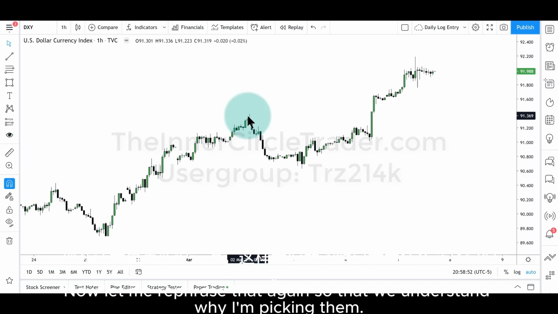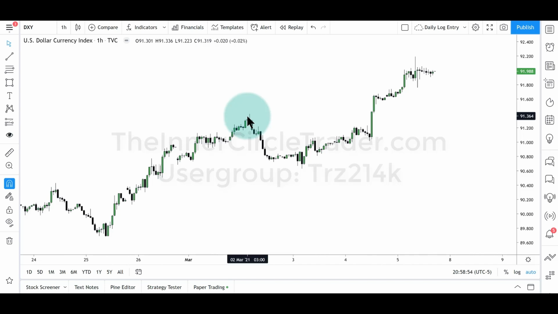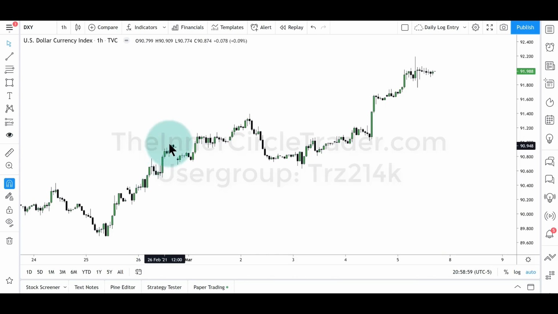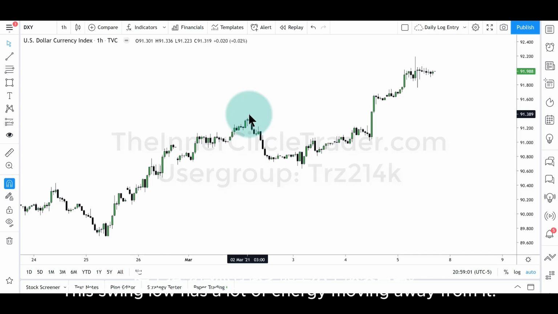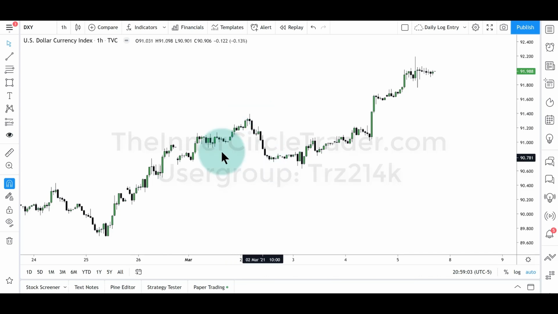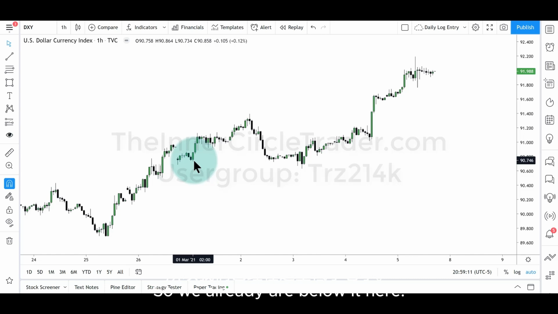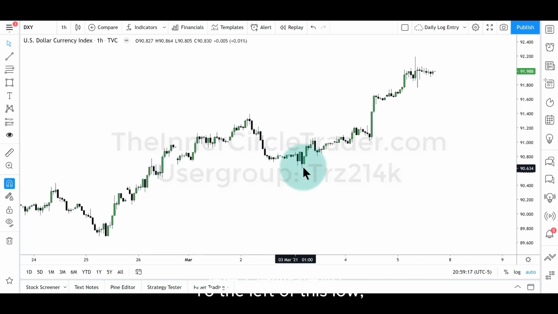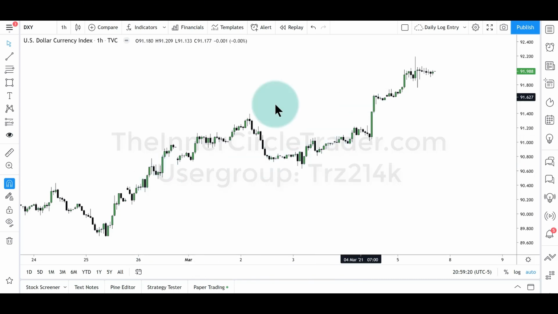Now let me rephrase that again so that we understand why I'm picking them. This swing low has a lot of energy moving away from it. This swing low has a lot of energy moving away from it. This one also, but we're not using this one because the low here went lower than that. So we already are below it here. This is the next short-term swing low to the left of this low prior to this run up. Swing low,